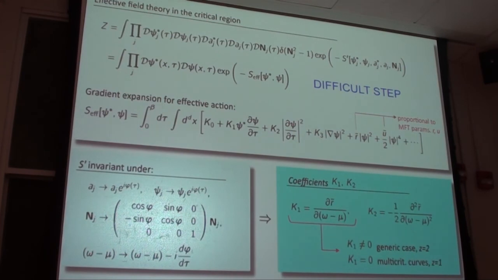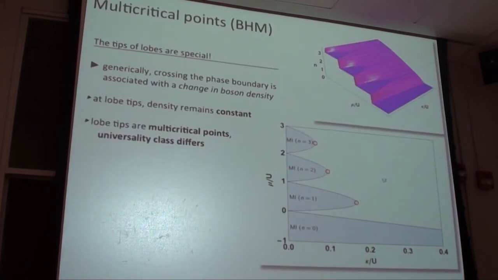So at a general level, suppose we change A into that, A psi into that, and N into that, and mu into that. Then you ask, how should I choose K1, K2, and so on, such that the action remains the same? And then, like for the Bose-Hubbard model, you find these rules. K1 equals that. But then, it implies that at the tip of a Mott lobe, this is 0. Because in our case,